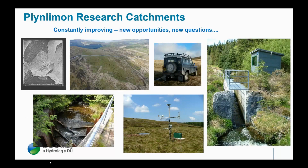In the upper left-hand corner there, you see the earliest images that we got of the Plynlimon catchments. Those are RAF flyovers in the 1960s, and they were stereoscopic. It's what they used to map out what the elevations were like. Next to it, you see a drone flight picture that we took. The ways that we observe these catchments has changed. We have satellites. We can look at all kinds of things that we never thought about using in the 1960s